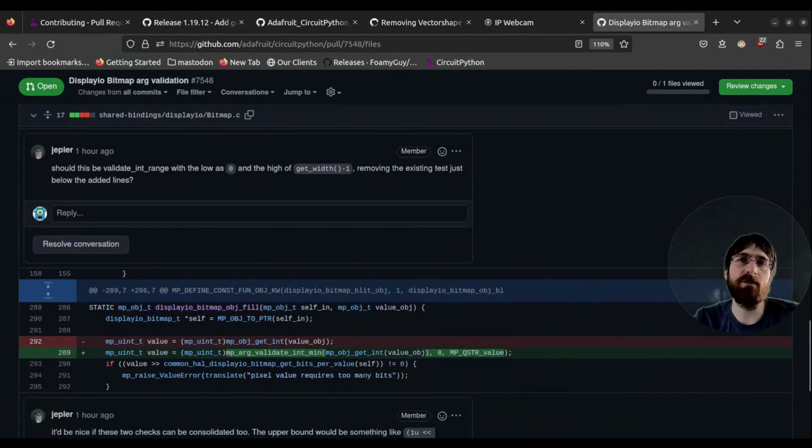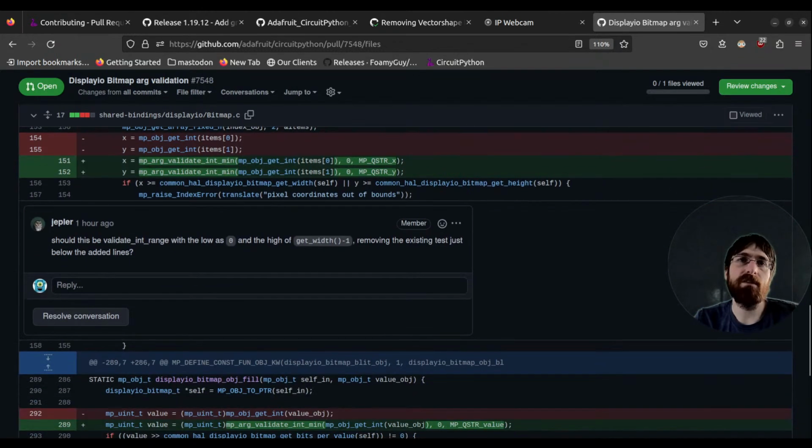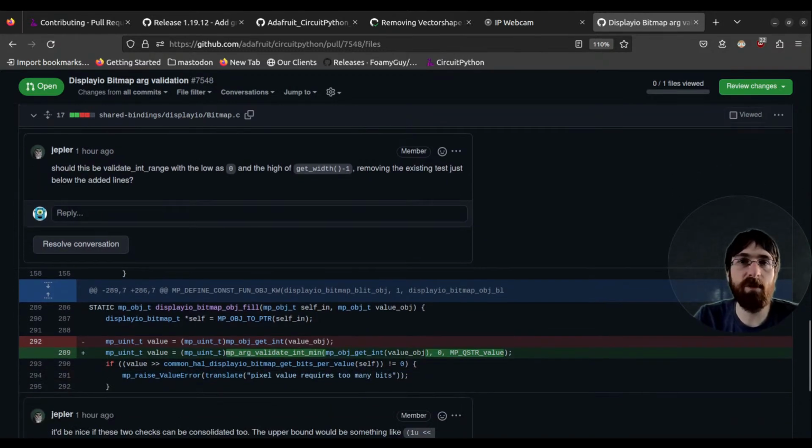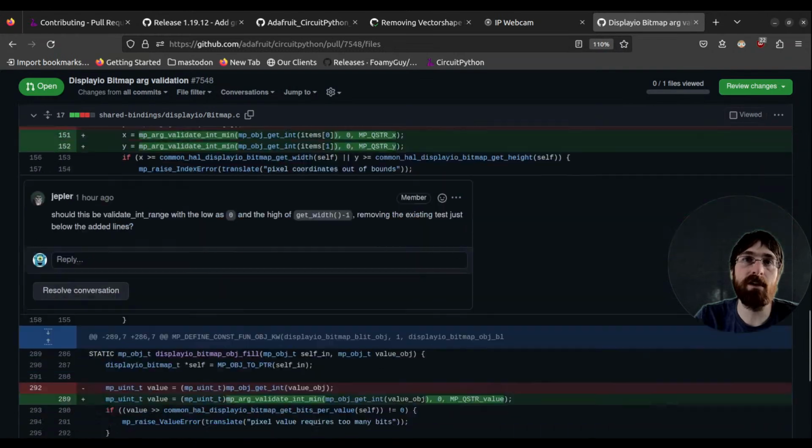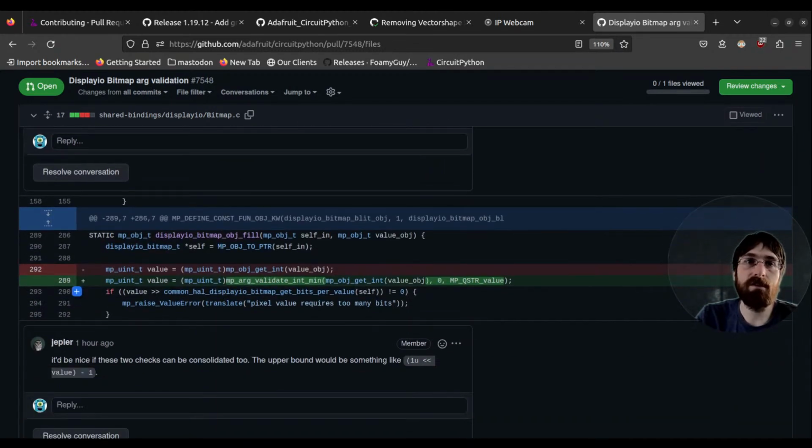In fact, it will probably raise, well, I don't know. It's a good question, actually. I wonder what it does. I would think it fails somehow anyway, but maybe not. Maybe it just gets ignored. But yeah, we should validate the top side too, I think. Good point. It'd be nice to see 2 checks consolidated. These 2 checks can be consolidated. The upper bound would be something like